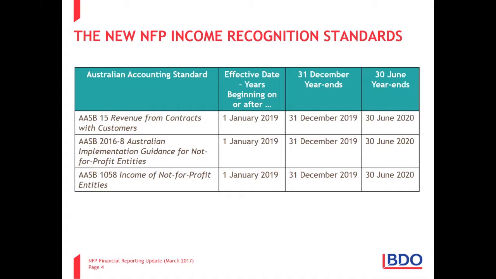The AASB issued AASB 15 a few years ago, and then in December they issued this amending standard, the Australian implementation guidance. And then when they have time, usually once every 6 months, once every year, they go through a process of integrating the original standard with the amending standard. Now that hasn't happened yet. So if you open AASB 15, there won't be Australian implementation guidance because AASB 2016-8 has not been integrated or embedded in AASB 15 yet. It's an admin process that will take a bit of time.